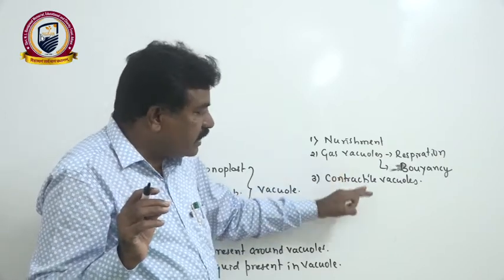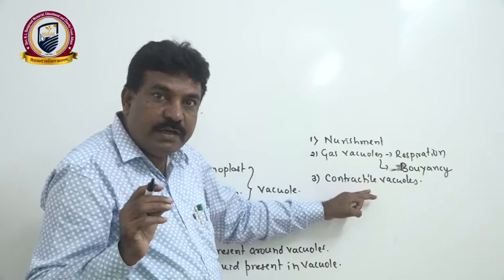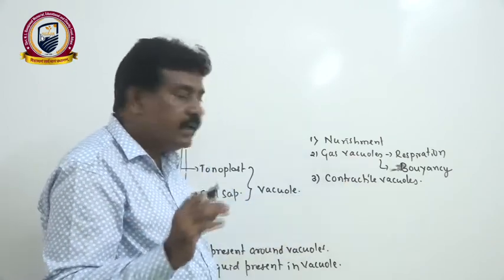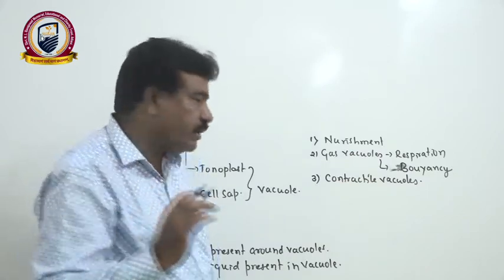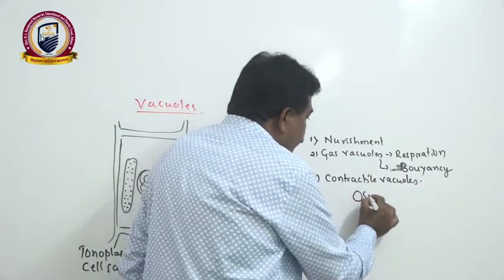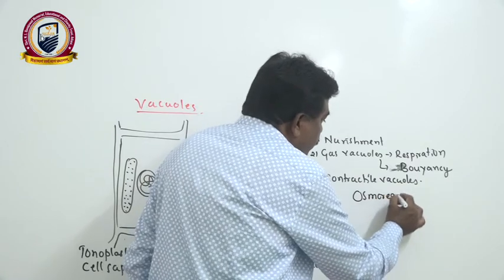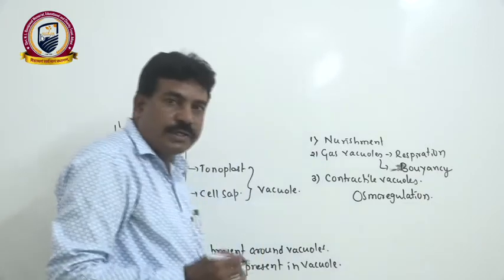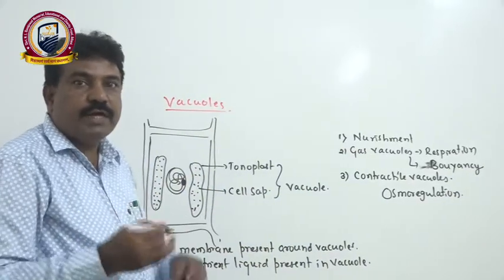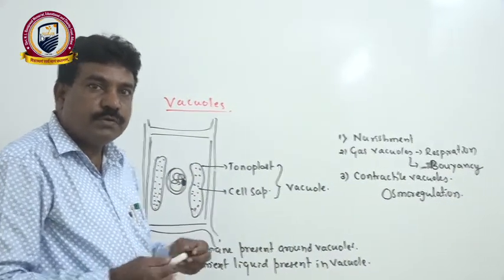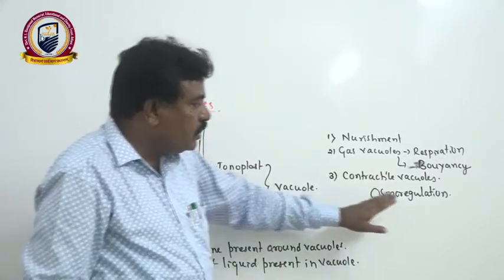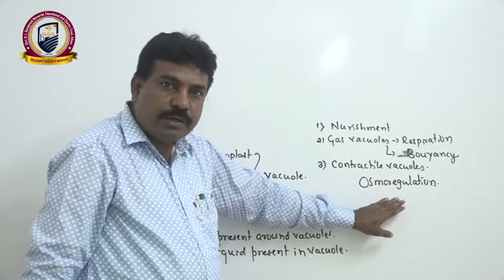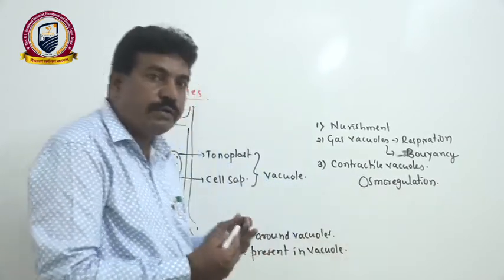Hence, the extra water that enters the freshwater protozoan body is given outside to maintain normal osmotic pressure, a process we call osmoregulation. How? In our body, the kidney plays a very important role in the maintenance of osmoregulation. Like that, contractile vacuoles of freshwater protozoans play a very important role in regulating the osmotic pressure; maintenance of normal osmotic pressure we call osmoregulation.